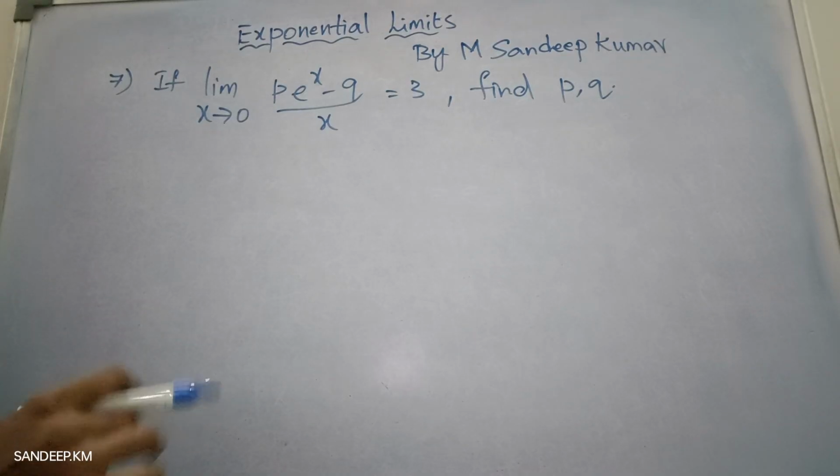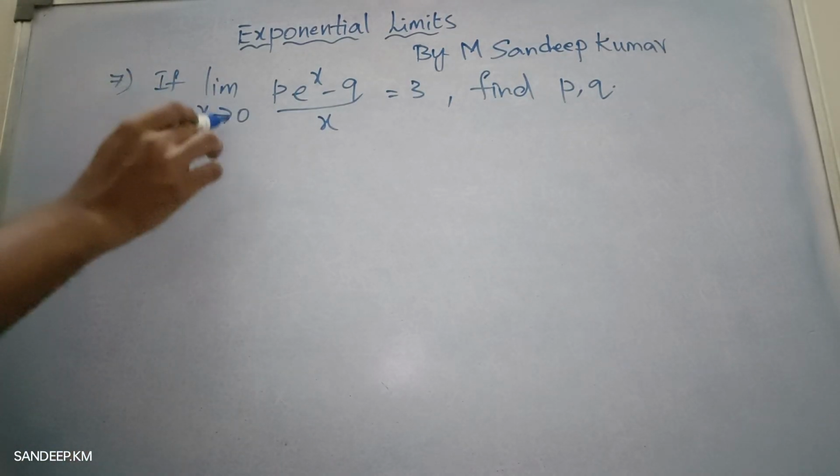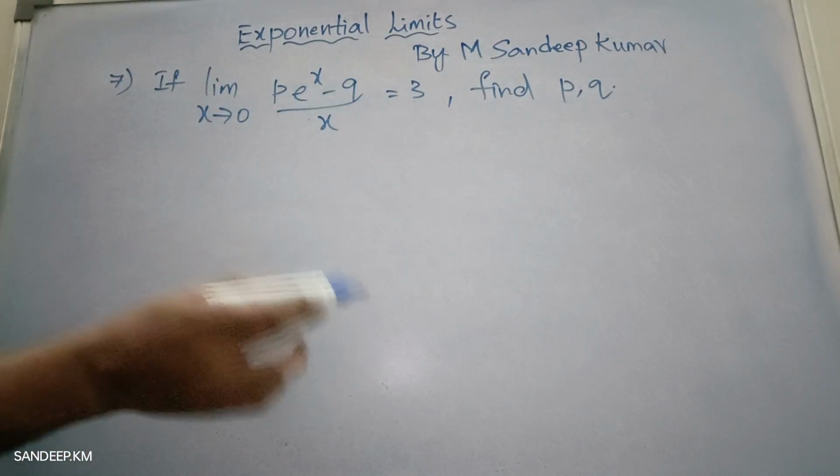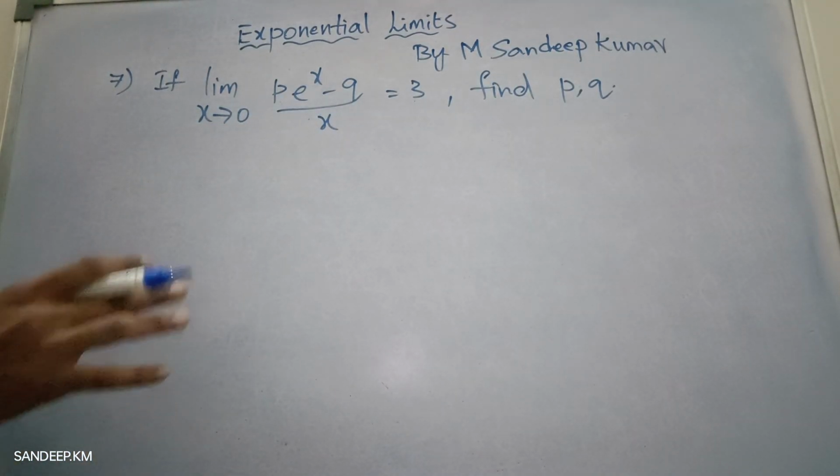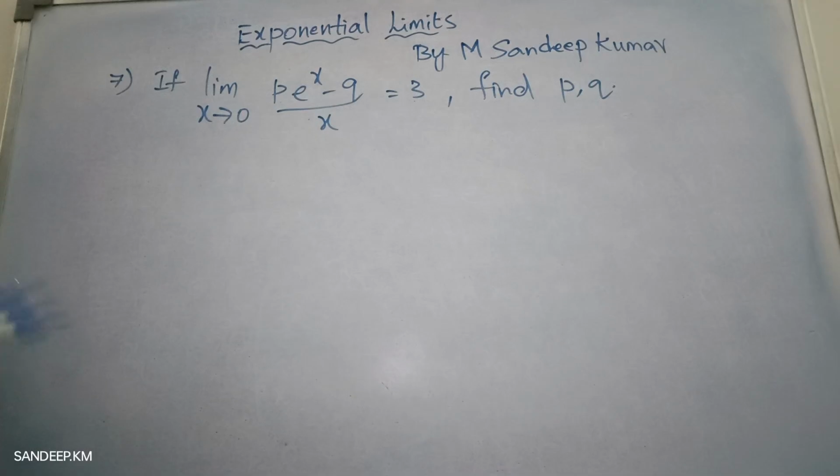Pretty easy question, but important model. If the limit of this function is 3, we are supposed to find the values of p comma q. Okay, now easy question only. First, see how I am approaching it. Dear students,